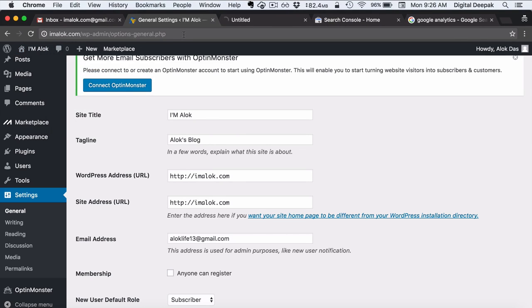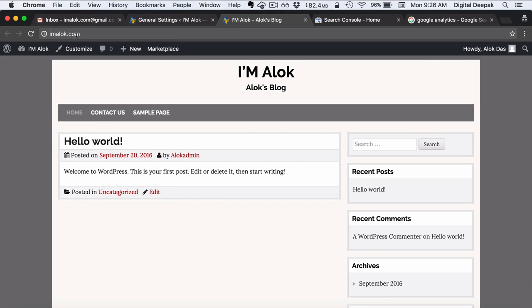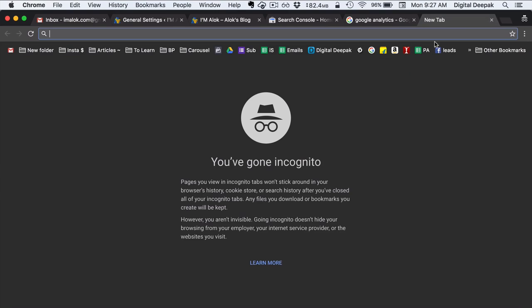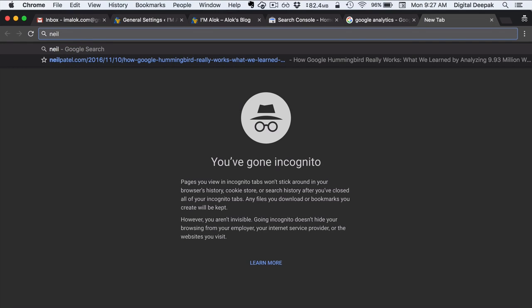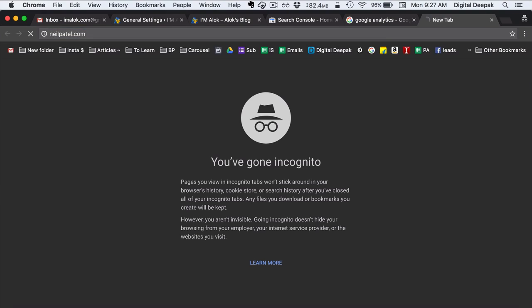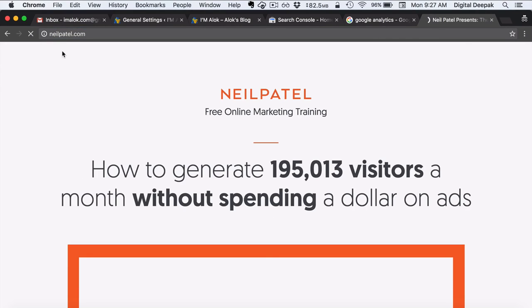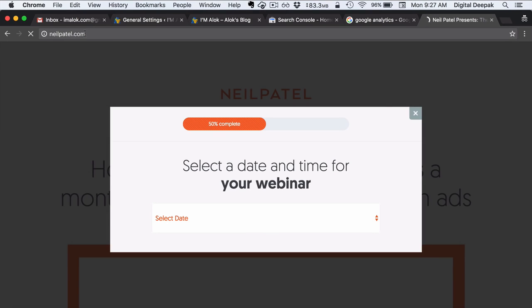So there are some websites which start with www dot, and there are some websites which do not have the www dot version. So it is just a subdomain, and many websites nowadays work without the www version as well. But many famous websites are still running in the www version. Like for example, if you go to neilpatel.com, you can see that the www version is not there.